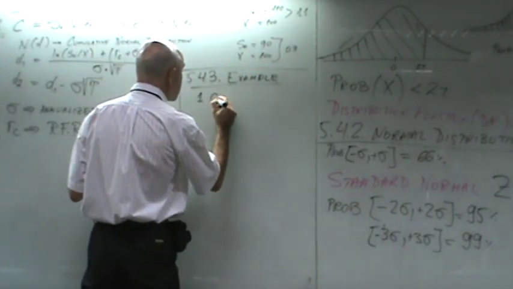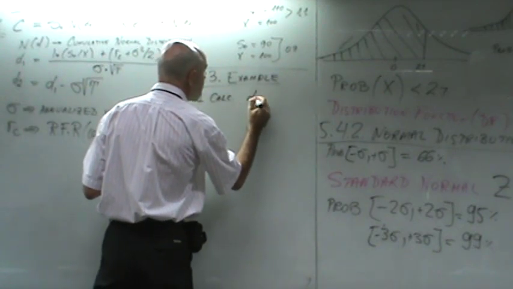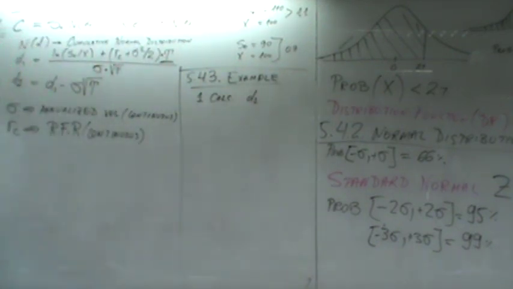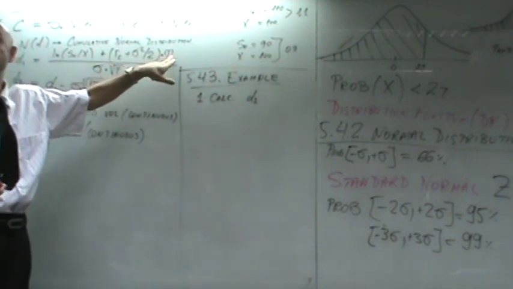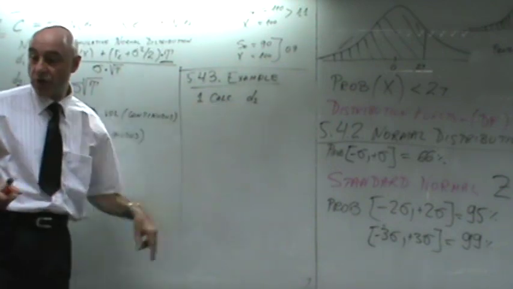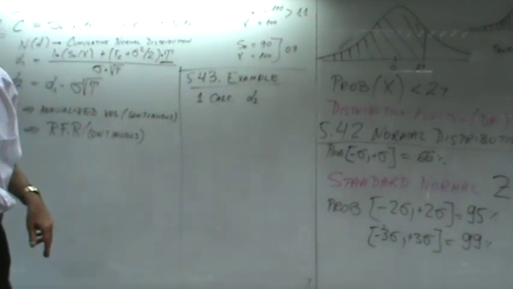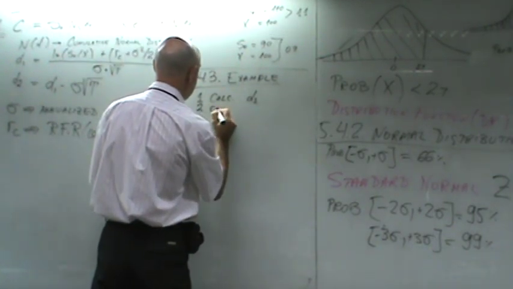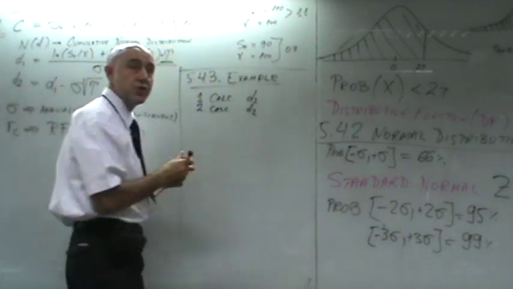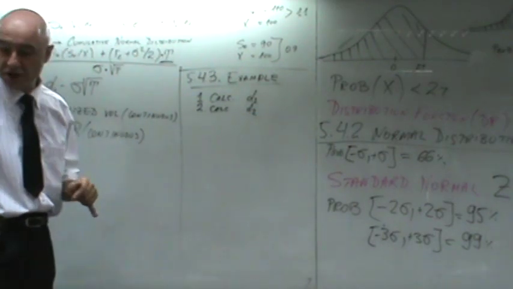Step number 1 is calculate D1. You already know the S0. You're also given the X, the strike price, the current price, the continuous return, the volatility and the time to expiration, so you can calculate the D1. Then you calculate D2. So you calculate the D1, you calculate the D2, and then